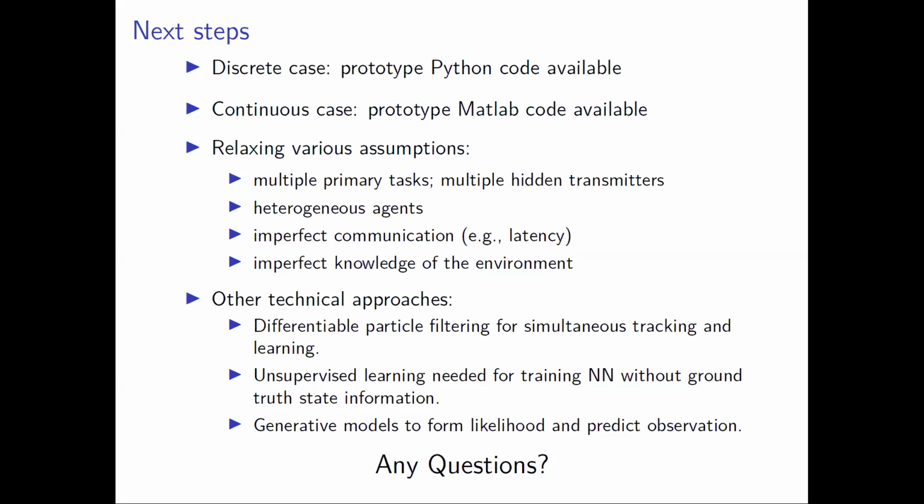But the standard approach basically assumes that you have ground truth information of the state variable for you to learn those neural network parameters. And one interesting direction for us is to develop some unsupervised learning approach. Basically, we can try to maximize some pseudo likelihood of the observation, so we don't need to have the ground truth state information as we learn those neural network parameters. And one side benefit of this approach is that we may also be able to predict observations in new and unknown places for agents to make more informed planning.